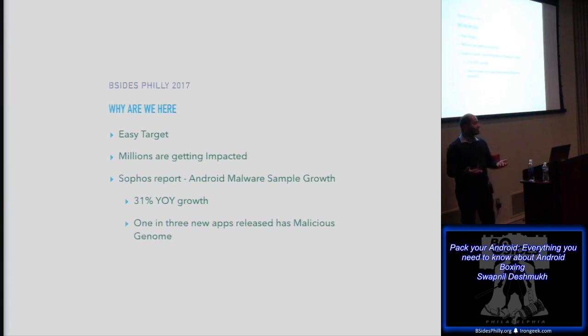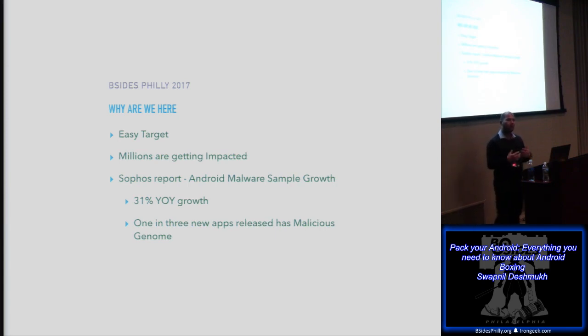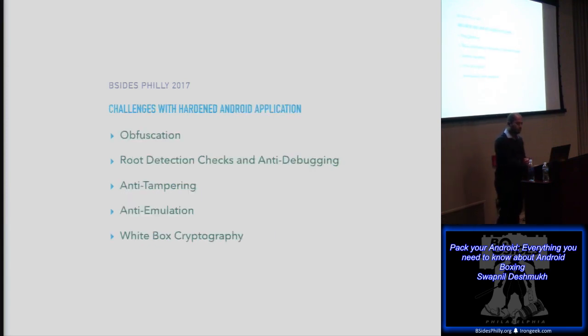We right now have a sample of close to 230 odd genomes. So a 30% increase of that is close to 300 malware genomes in 2018. So that's a huge amount of malware that would be released. They even state that 1 in 3 applications that was released in 2017, so this particular year itself has some malware genome. So it's 1 in 3 applications that we have installed in 2017 that may be impacted